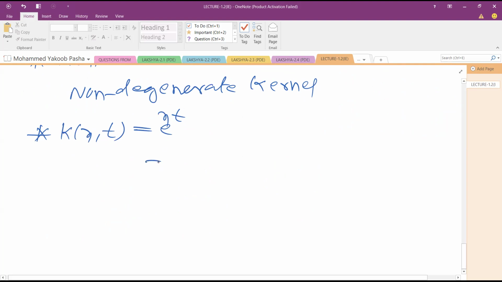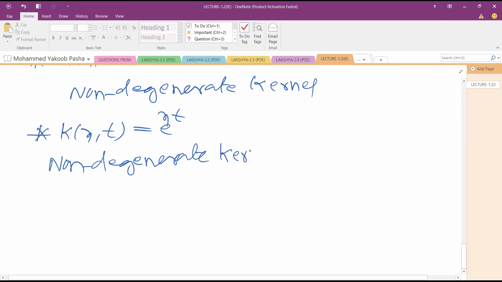Can we write this as e power x into e power t? Is it possible? No, sir. No. So while expanding this, can you get the product of functions of t and x? So it is a